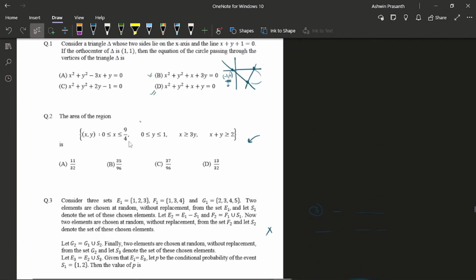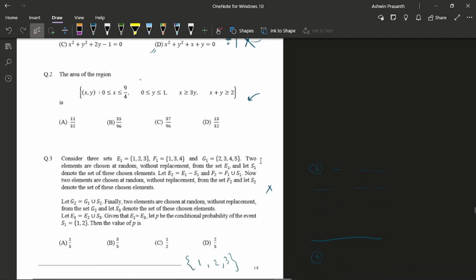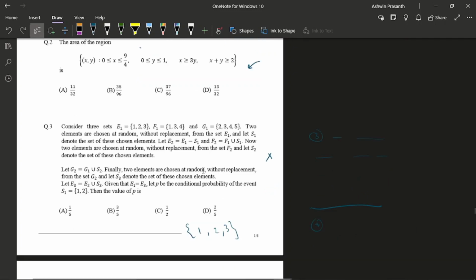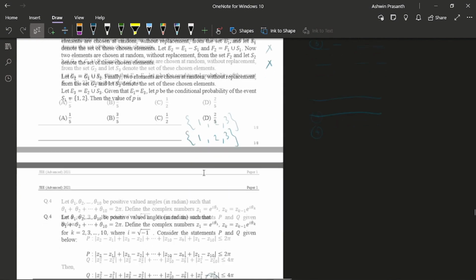Here also I tried this question again, but I faced the same issue, that the figure was coming out to be complicated. Finally, I decided to leave it. Similarly, this question also I realized would take too much time, and I would rather spend that time solving other questions I was more confident in. So I left this question also. So that is the end of section one of maths.